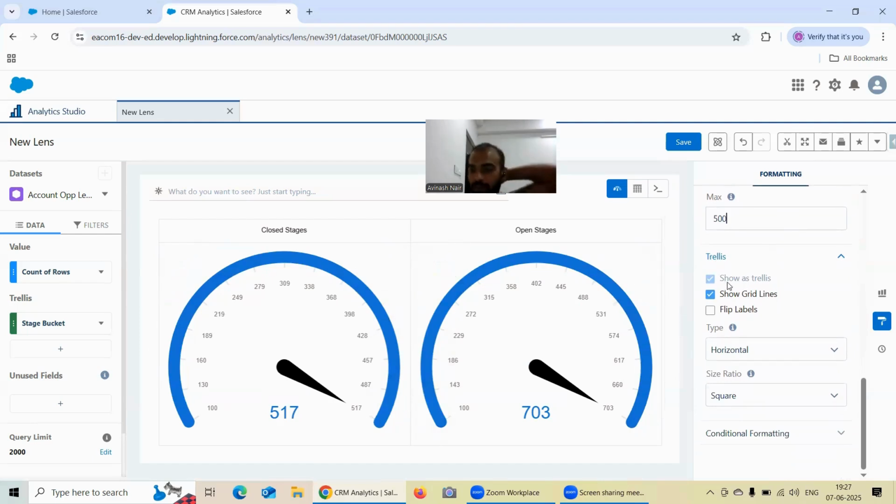When trellis was not there, this box itself, show as trellis, was visible. When you enable the trellis option, that box automatically becomes enabled. You won't have the option to disable it from here until you remove it from the left side of it. Now here, one extra option is coming up, which is show grid lines. So basically, if I just disable this one,